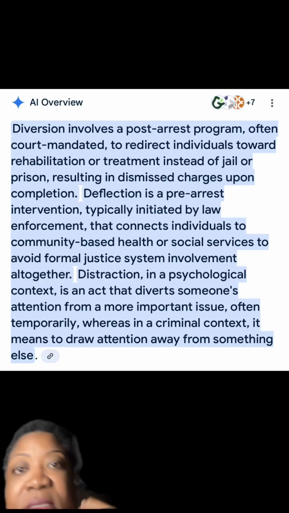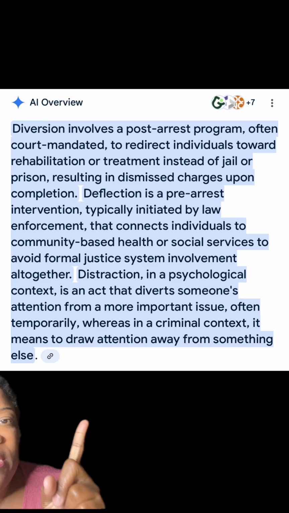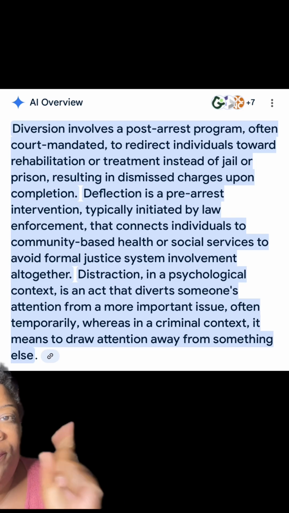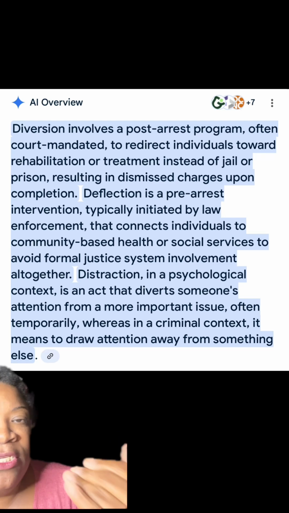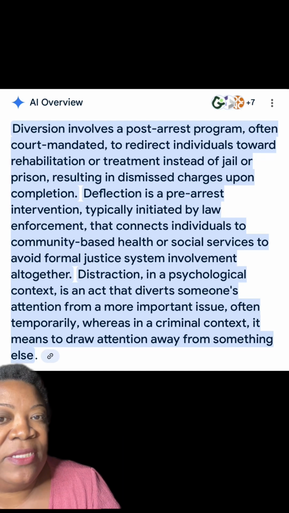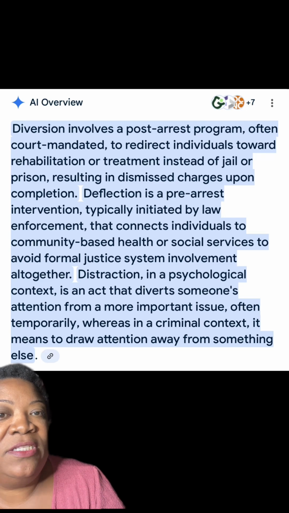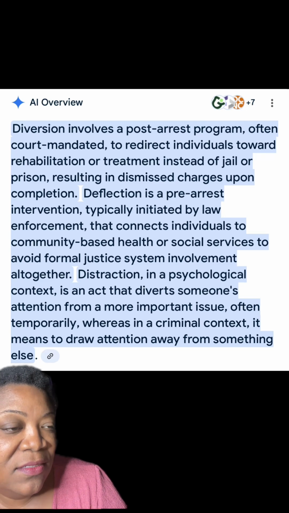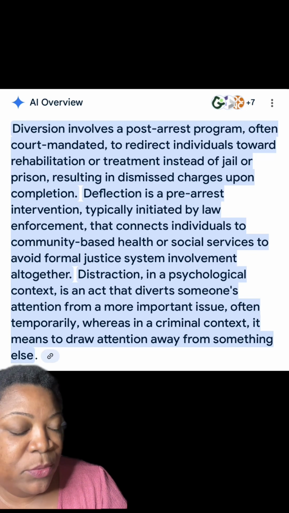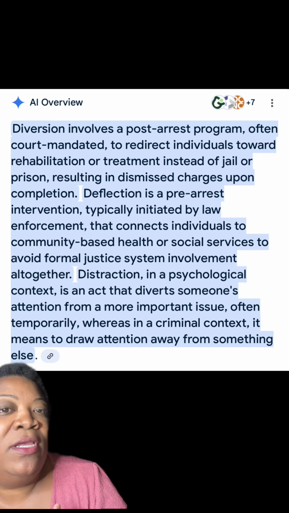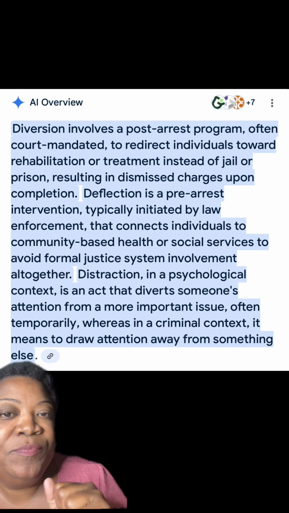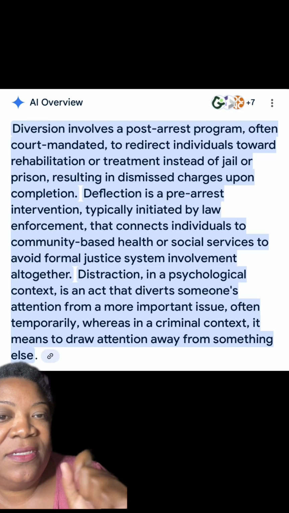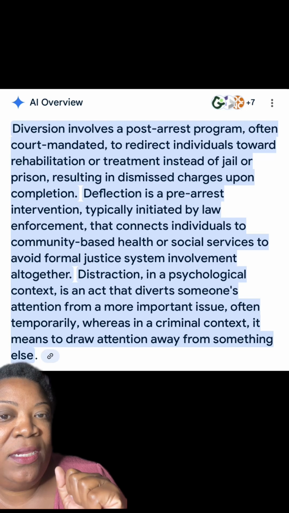Let's look at that. So it says here that a diversion is a post-arrest program, court mandated, whatever, and it's supposed to redirect individuals into rehabilitation or treatment instead of jail or prison. So this is something after you get arrested, after your attention gets pulled, and now you are steered into a different direction, okay? A deflection is a pre-arrest intervention, meaning